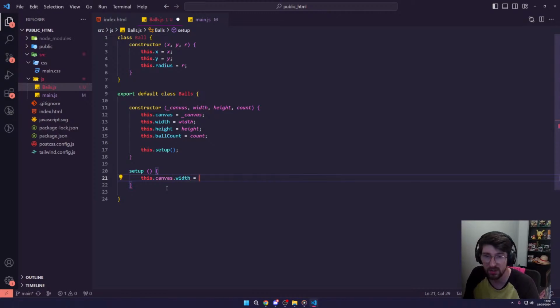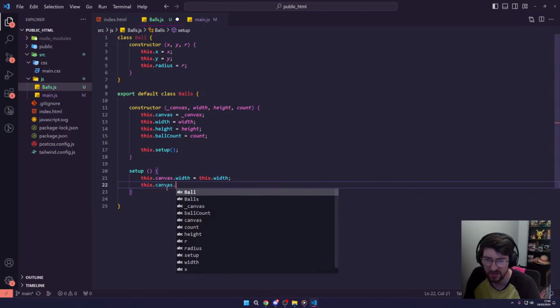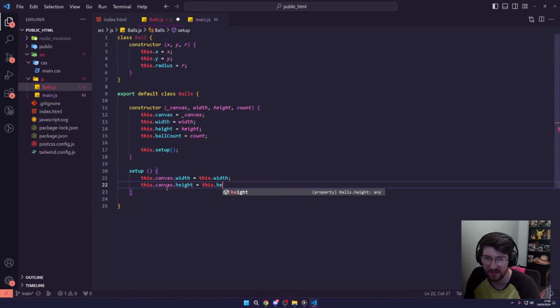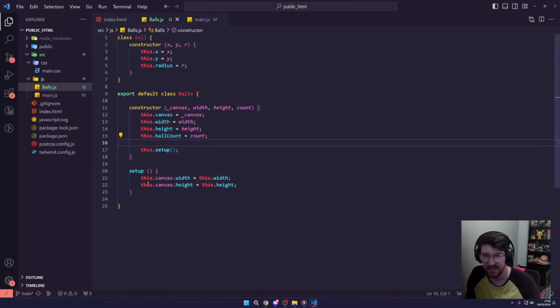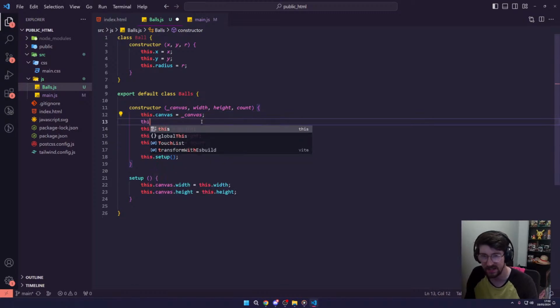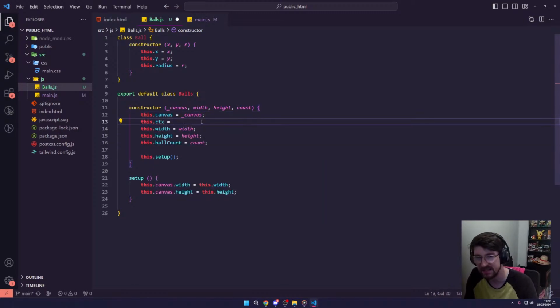this.canvas.width is going to be equal to our this.width. this.canvas.height is also going to be this.height. And then we're going to need to run something here to help this later on, but let's just see if this works. We also need a context. So we'll say this.ctx is equal to